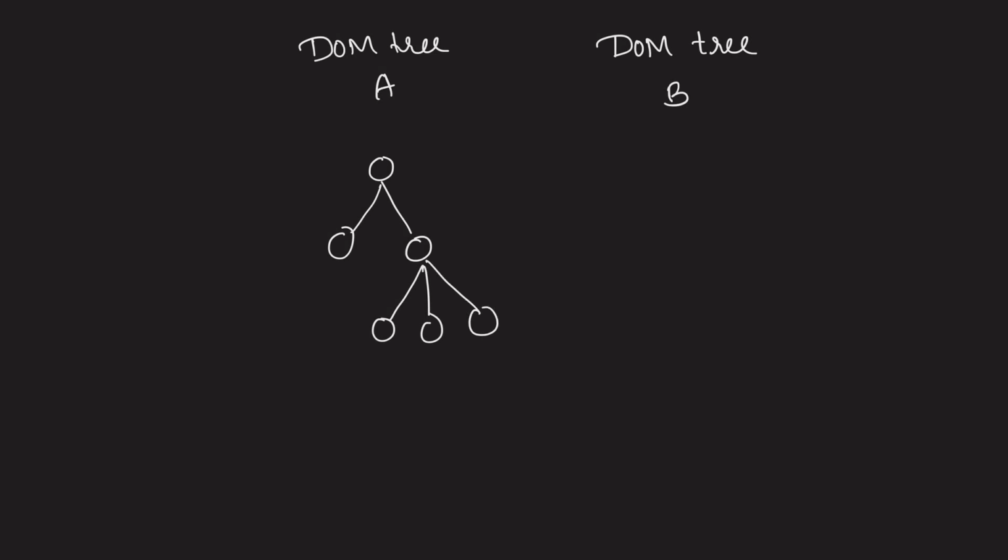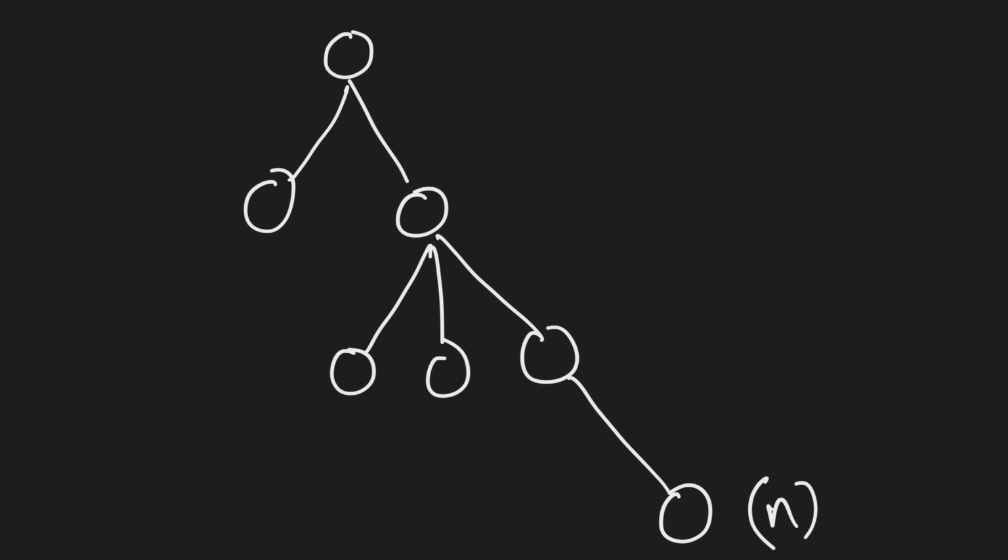So we have two DOM trees. I'm going to call the first one DOM tree A and the second one DOM tree B. Let me draw this DOM tree A. The root contains 2 children and the child contains 3 children, and the last child, which is N, is the child of the first child. The root is called root A, and I'm going to number these children as 0, 1, 0, 1, 2, and the last one is index 0.